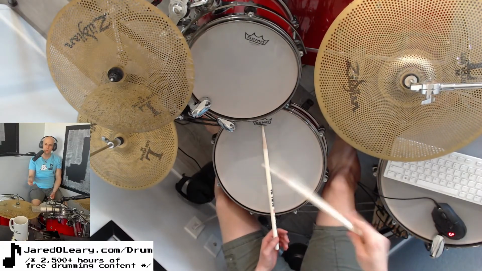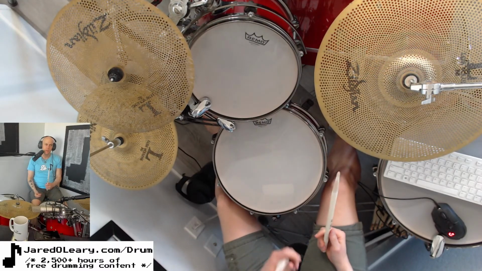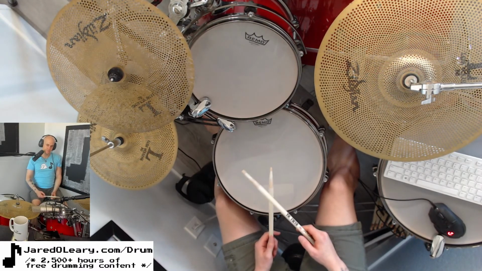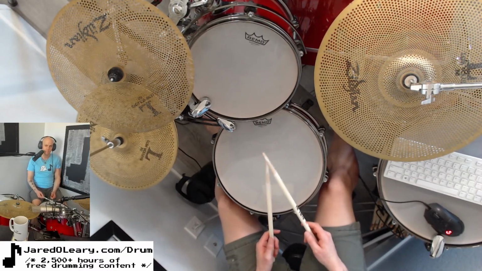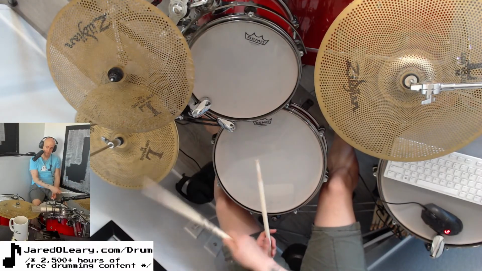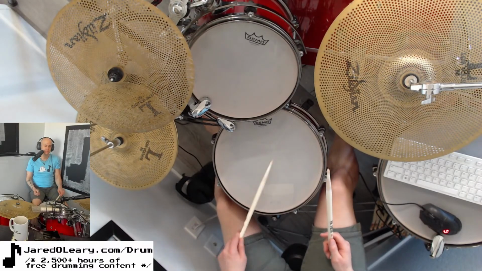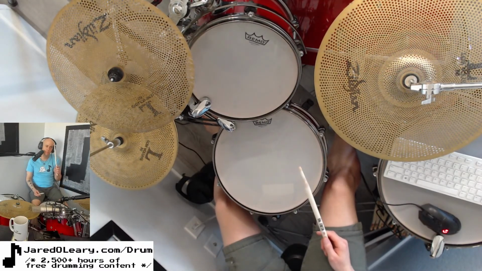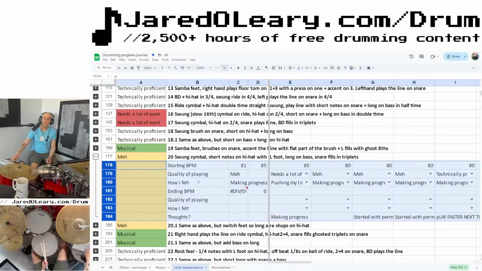Your normal ride pattern for jazz, swung. Now, for the foot, we're going to play short notes, long notes, while you fill in all of the triplets on snare. Weird.